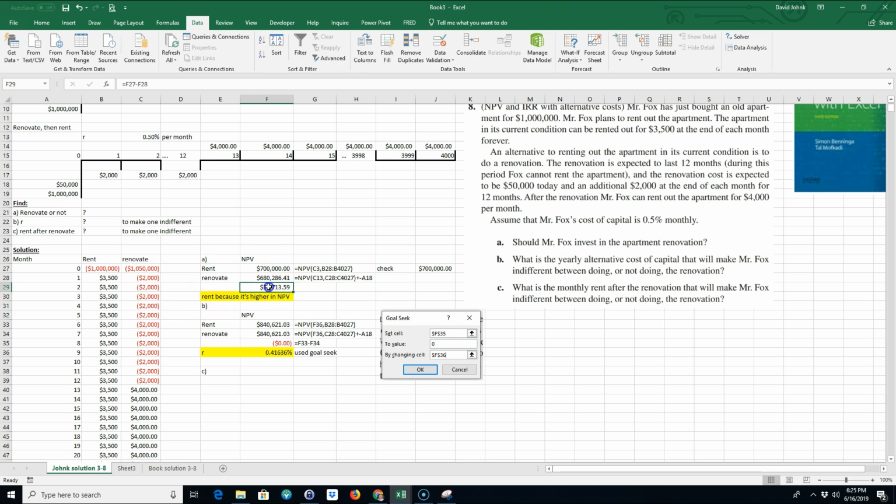So if I'm indifferent again, that's equal to 0. So I'm going to use goal seek again. I'm going to go What-If Analysis, Goal Seek, and I want to set this cell here to a value of 0 by changing this. Now remember, we're pointing here, right? So if I change this, all these below are going to change also. All right, so then if I go OK,